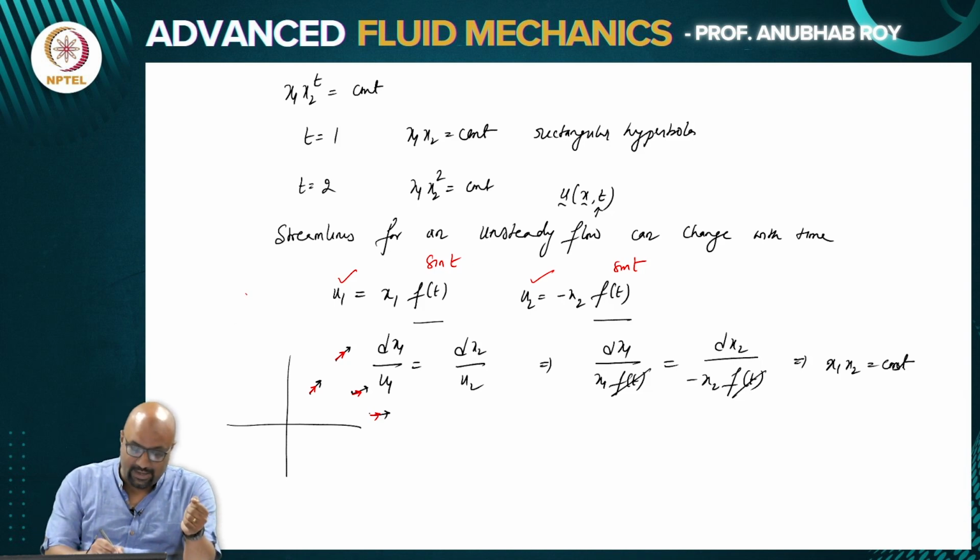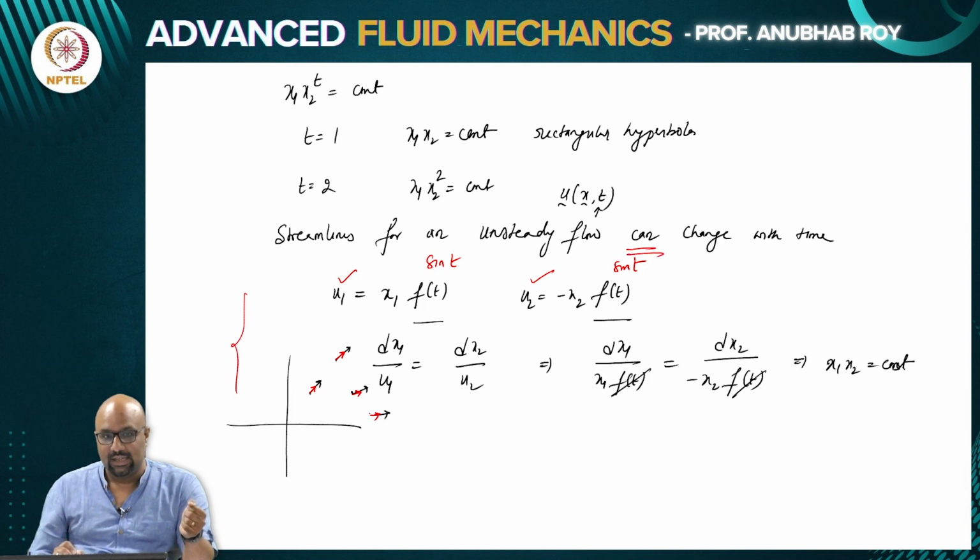So, this is a very special case, which is why I use the word can here. This is a very special kind of an unsteady flow where both the velocity components are multiplied by the same functional form in time. So, this is what will take us to our next topic. We have now said that I have a field description. In the field description, I know the velocity at every point in space, and thus I can construct these curves which are streamlines, such that at any point in space the tangent to these curves gives me the velocity